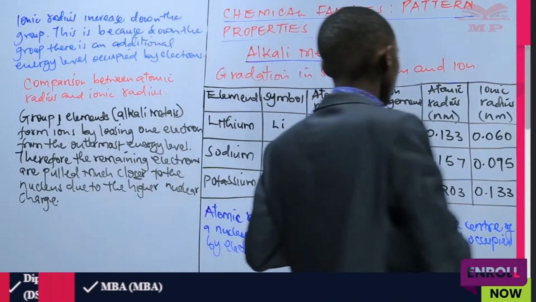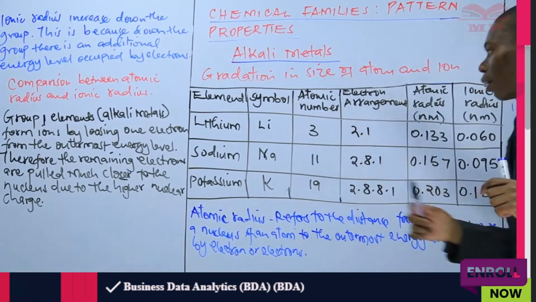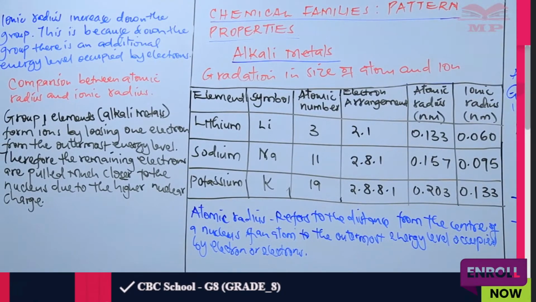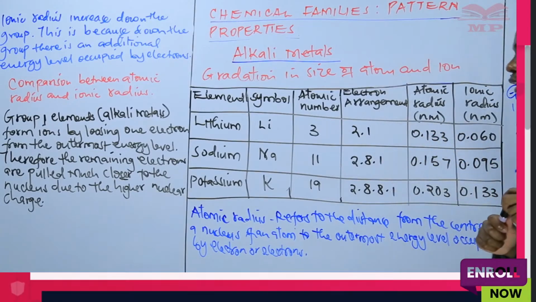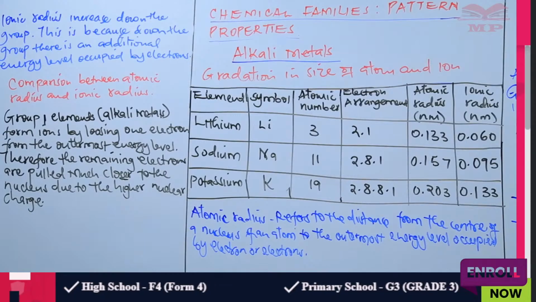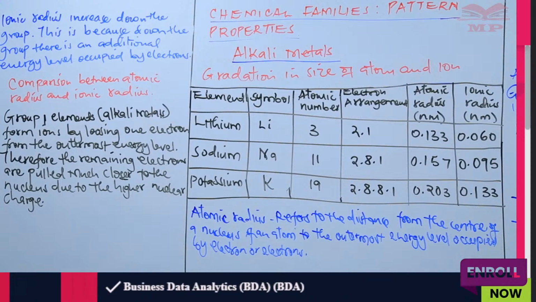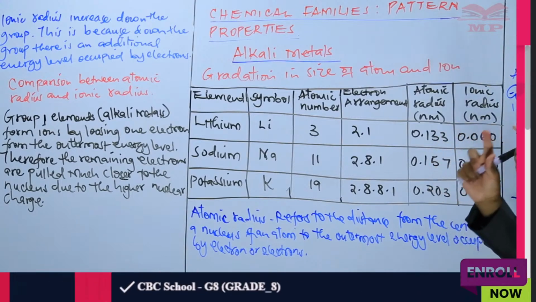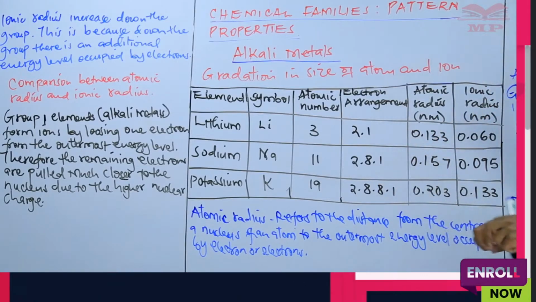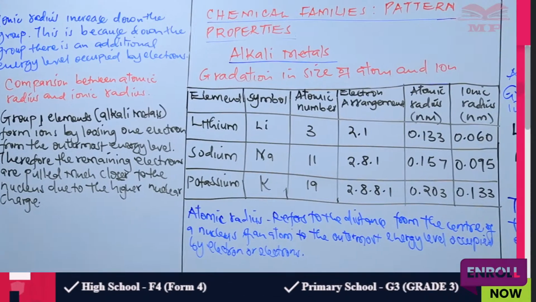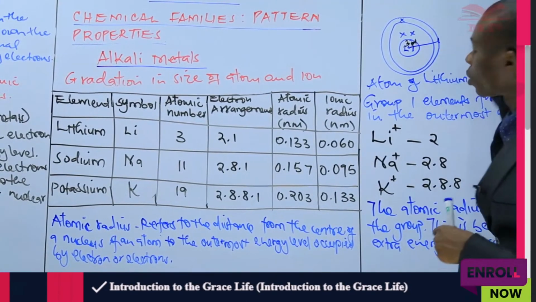What I mean is that the atomic number for lithium is 3. It forms ions by losing one electron. Once it loses that one electron, 2 electrons are now remaining in only one energy level. How many protons are there in the nucleus? There are 3. So if this is a lithium atom, here we have 3 protons which are positively charged